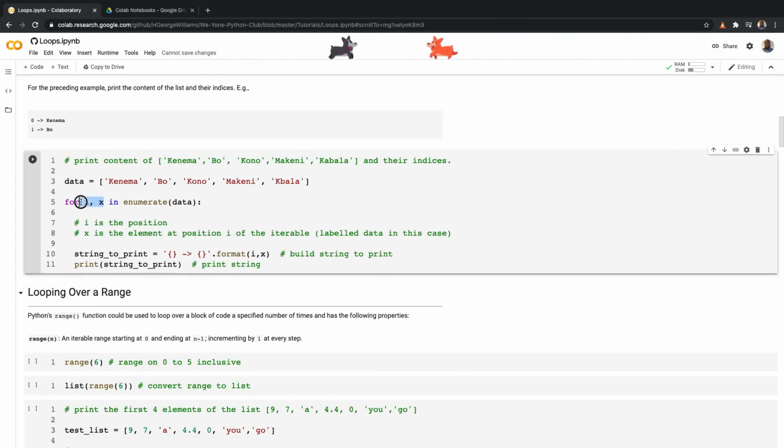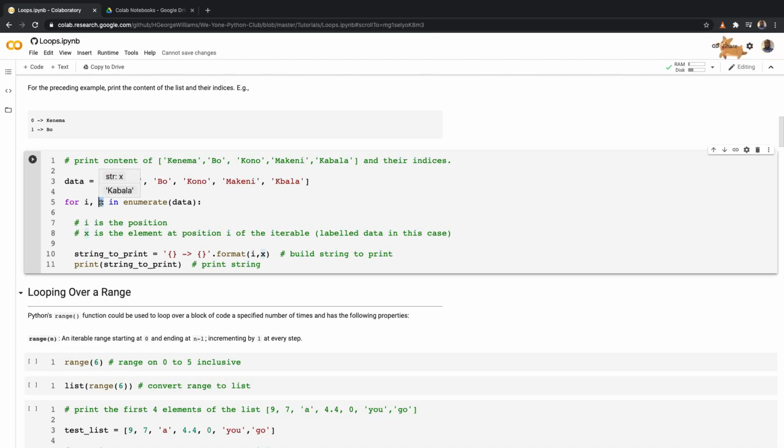We start here again. You can use any two variables, but here I have decided to use I and X because they are easy. So you put I comma X. Your I here is the position, and the X here is the element